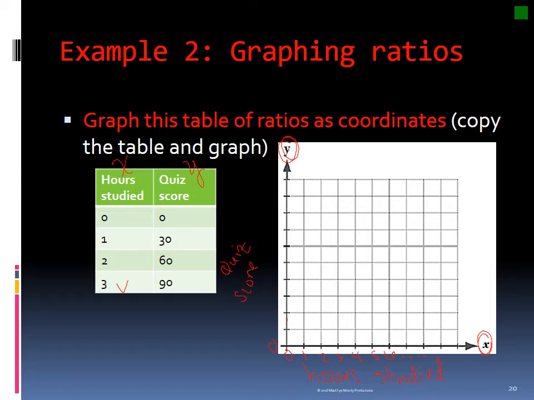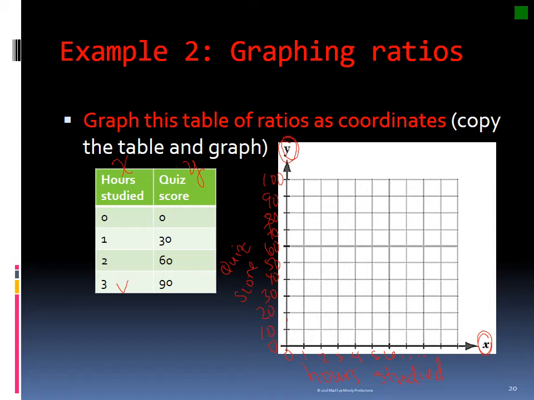So I have 0, and then this is 30, 60, 90. So I'm actually going to go by tens here. So 10, 20, 30, 40, 50, 60, 70, 80, 90, 100. I did this so that the graph wouldn't be quite so scrunched. But